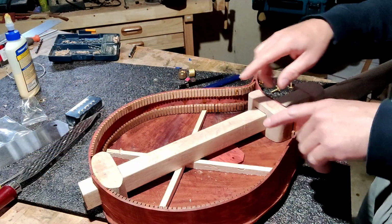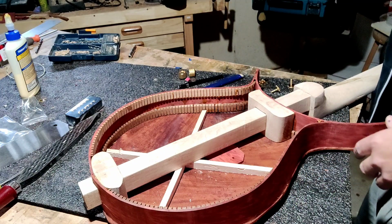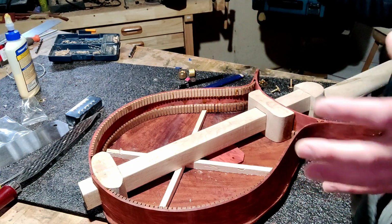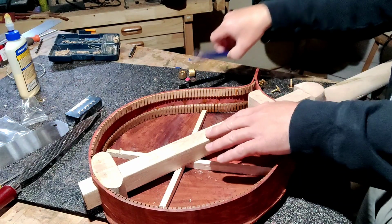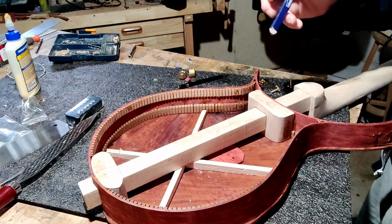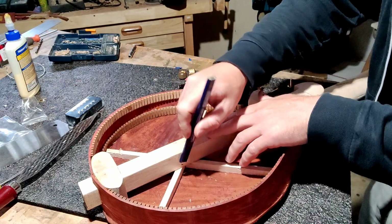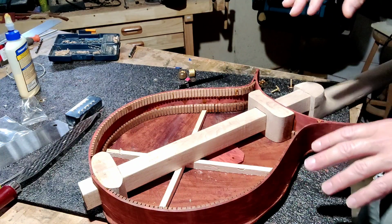So normally the bracing would be glued in before I put any sides on or glue the top to it, but because of the radius being a little over what it needed to be beforehand, I have to do this on the inside with it glued to the sides. So I think what I'm going to do, now that I've got it at a height that the post sits over top of, is mark out where the post is, and then I'm going to rough shape these to their final shape,